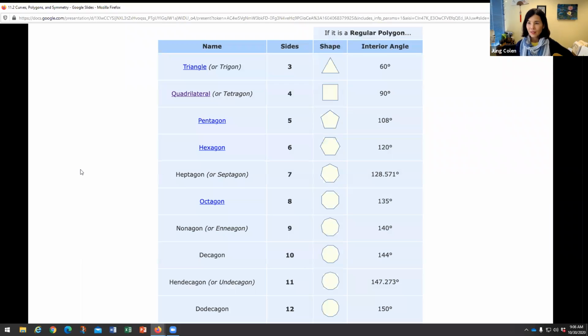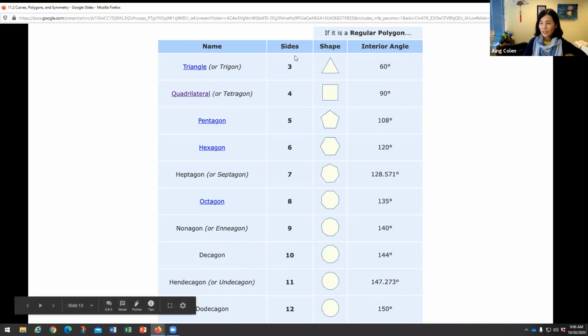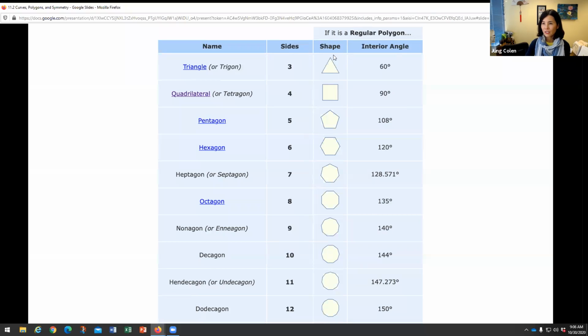Okay. All right. So we know the names of these, and we know the number of sides for each of these names. And here are some examples of the shapes, right? We can also think about if this is a regular polygon, if it's a regular triangle, which means equilateral triangle, then the angles are all 60 degrees. All interior angles are congruent, at 90 for quadrilateral, 108 for pentagon,